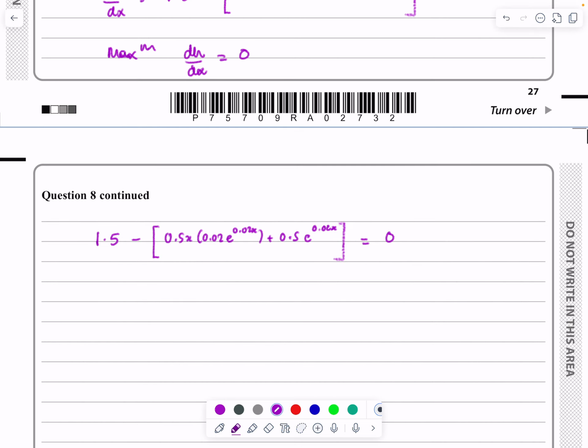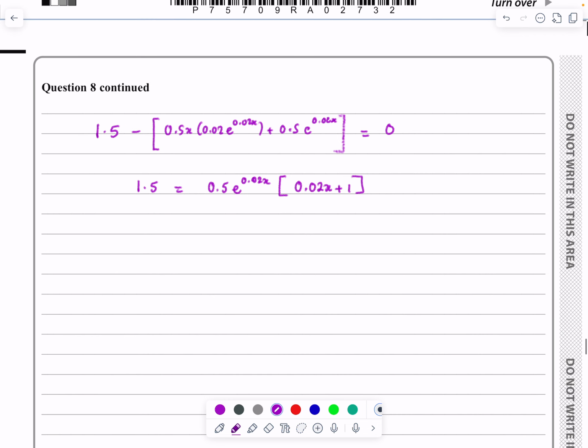So I'm going to say it's 1.5 will equal, now let's tidy this thing up. I can take 0.5 e to the 0.02x out as a factor. And what will that leave me? Something slightly neater, 0.02x plus 1 in there if I tidied that all up. So once I've got to that stage, I can then say that e to the 0.02x